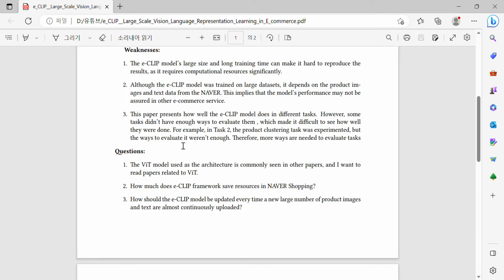Questions. The ViT model used as architecture is commonly seen in other papers, and I want to read papers related to ViT. How much does ECLIPSE save resources in Naver Shopping? How should the ECLIPSE model be updated every time a large number of product images and text are almost